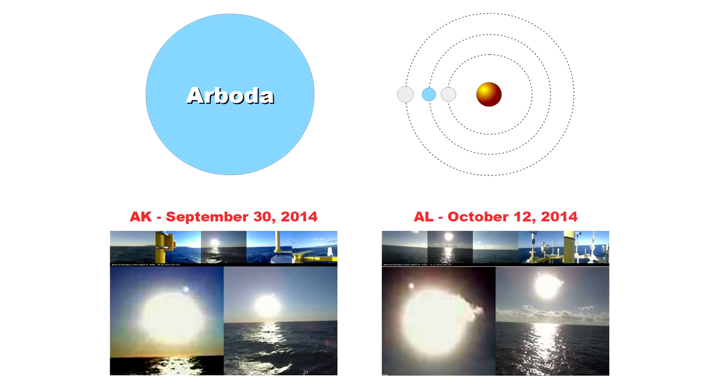The second time it was observed was from the Gulf of Mexico on October 12, 2014. As you can see, these 2 observations are of an object above the Sun at the 1 o'clock and 11 o'clock positions. We asked the guides for an explanation, and what they told us is that there was a span of nearly 2 weeks between these observations. And since our Boda has the shortest orbital duration of the three Planet X system planets, this was just normal